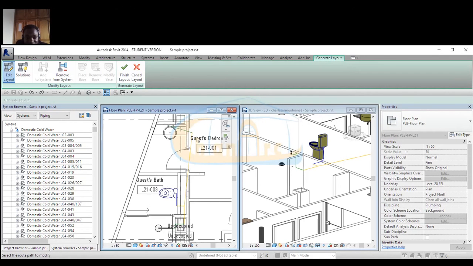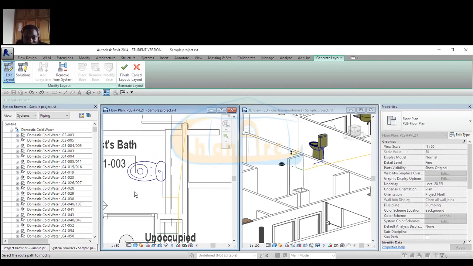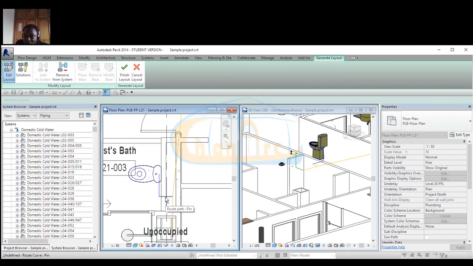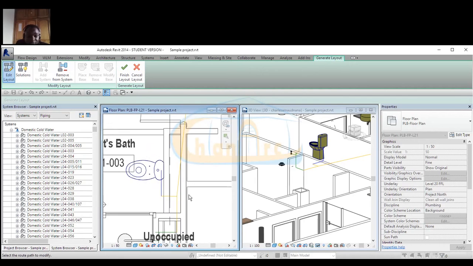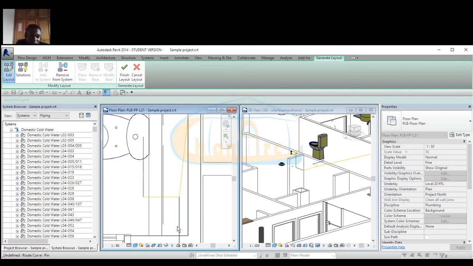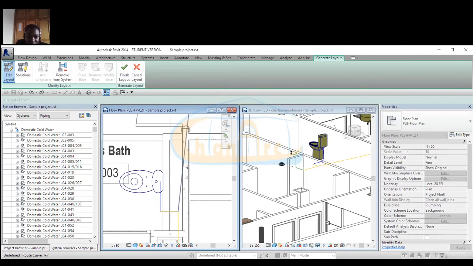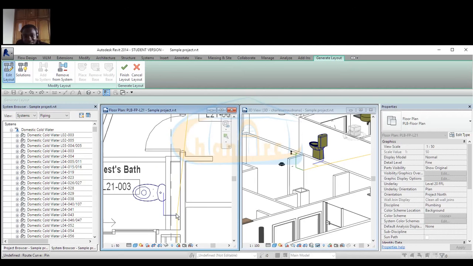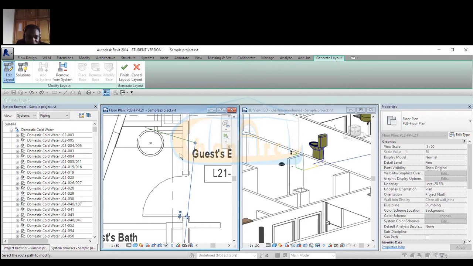When Revit highlights some segments in orange, it means that there is some error somewhere and Revit cannot get it done. In this case, the reason would be this junction here. In our routing preferences, we set up that when we have three segments coming in that way, Revit should use a T fitting, which is 90 degrees. So it wouldn't be able to get this pipe to come in at that direction. If we were to set this line back to 90 degrees,